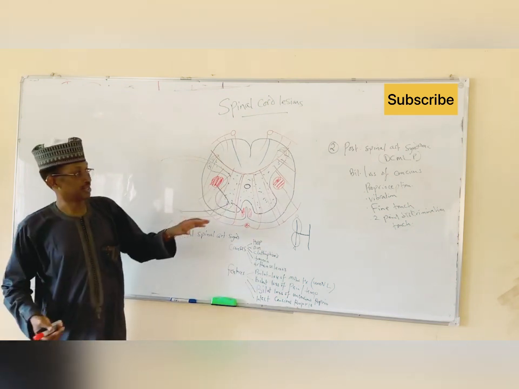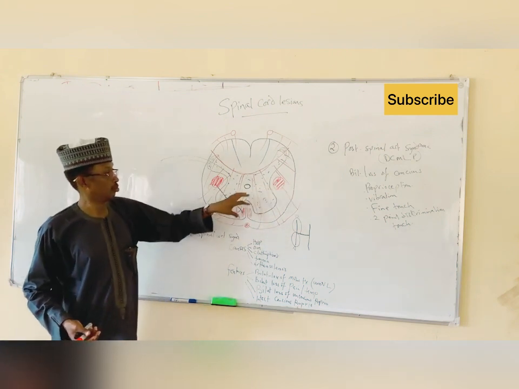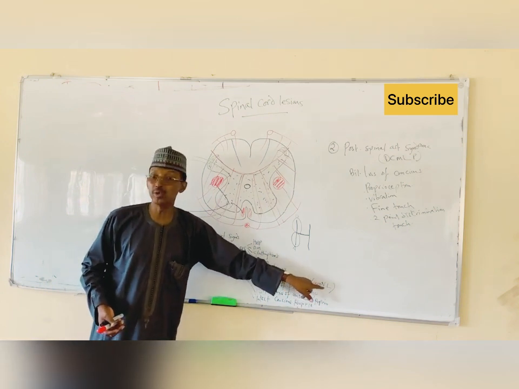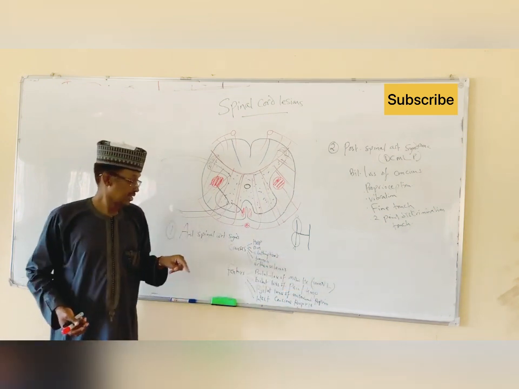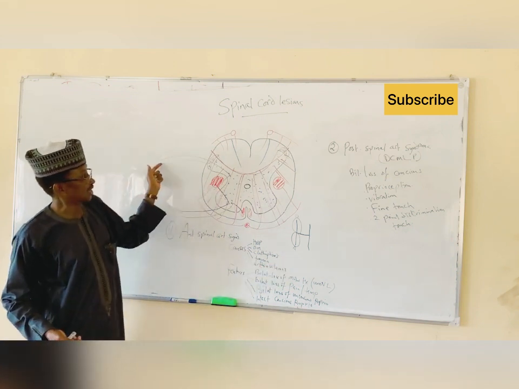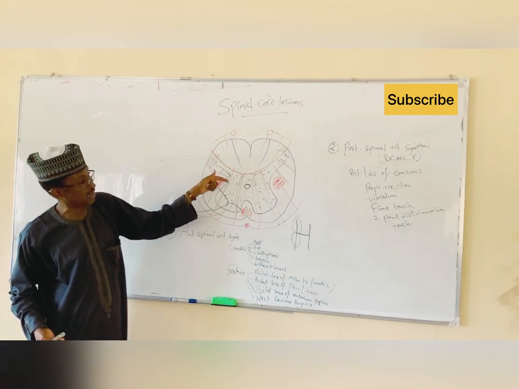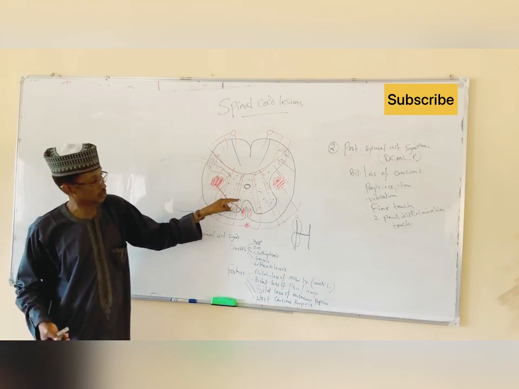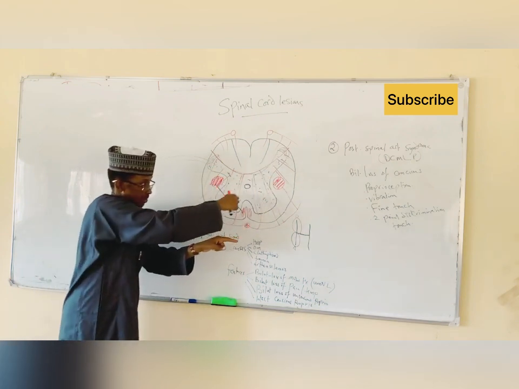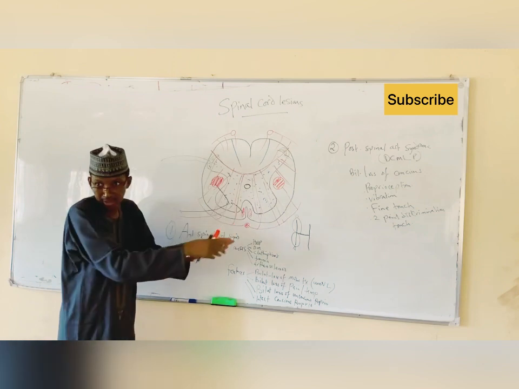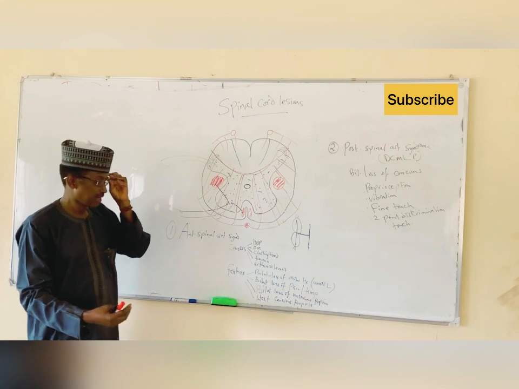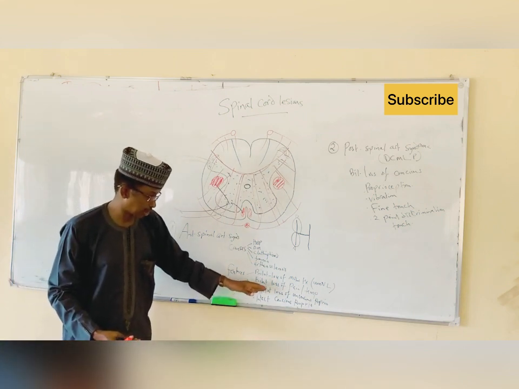Are you clear? So there is a bilateral loss of motor function of the upper motor neuron variety. You get it? Similarly, there is bilateral loss of pain and temperature. Remember, as soon as this sensation for pain and temperature comes inside the posterior horn, it crisscrosses to the opposite side. This one comes from the left, goes to the right. The one from the right comes and goes to the left. But because all these are affected, there is bilateral loss of pain and temperature. Are you clear? Similarly, there is also bilateral loss of